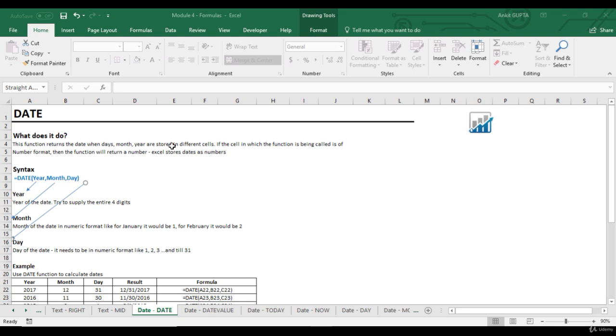The first one is the date function. Now, let's suppose you've got your days, months, and years. They're all stored in different cells. Using the date function, you can pass on the cell locations of these different cells, and then Excel will return you a date. So the syntax is equal to date, then parenthesis, year, month, day,